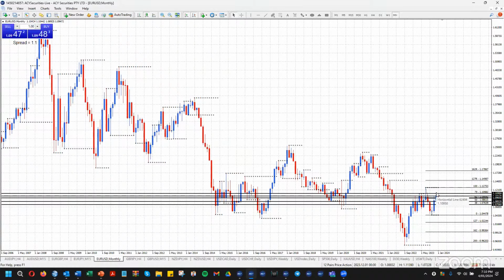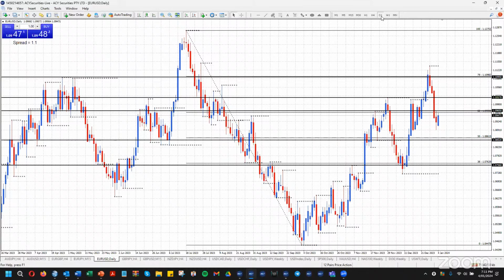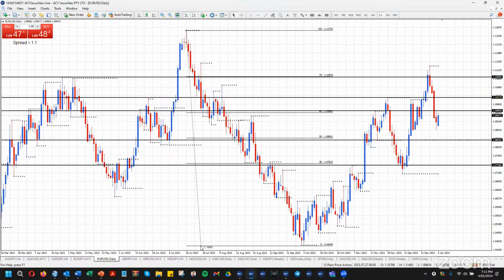On the monthly scale, it fell at the 79% level at monthly resistance last week. Rejection on the weekly chart, and we've been trading down this week. So the question is, will we come up and form a lower top? That's what I'm looking for at the moment. Just going to draw this fib. I don't know what's going to happen tomorrow when the job figures come out, but I would like to see a nice rally,